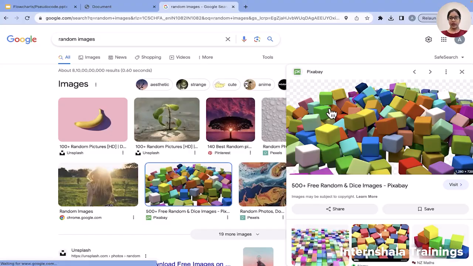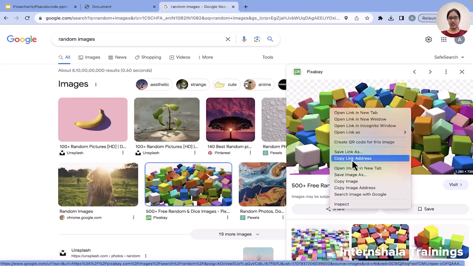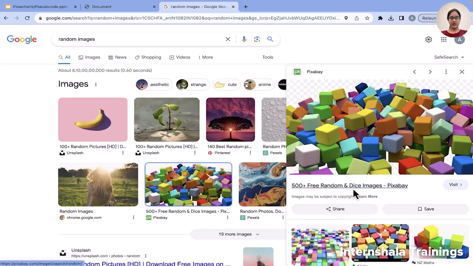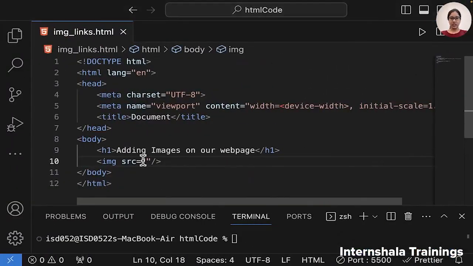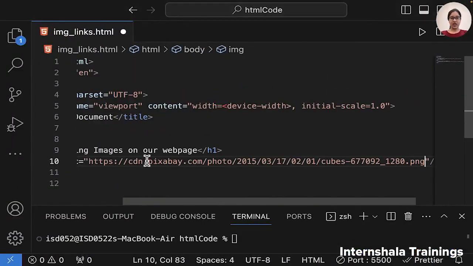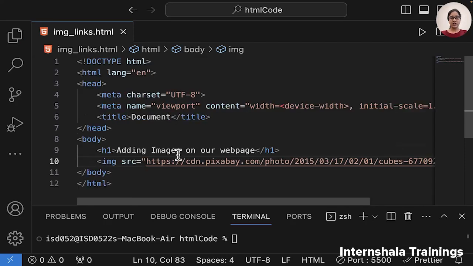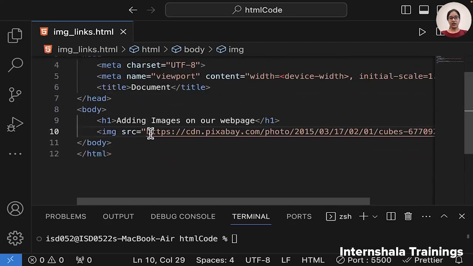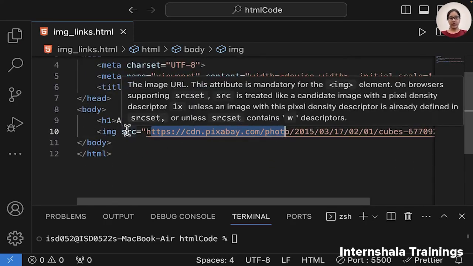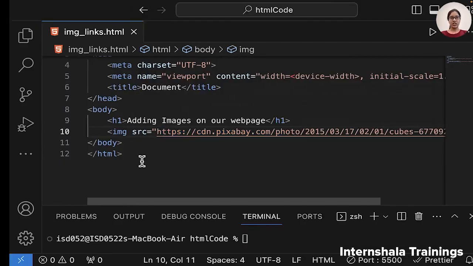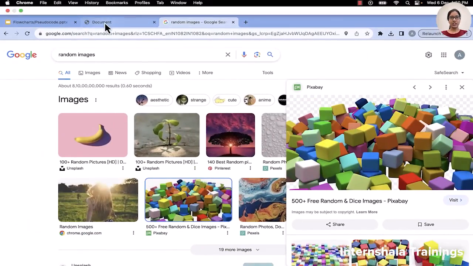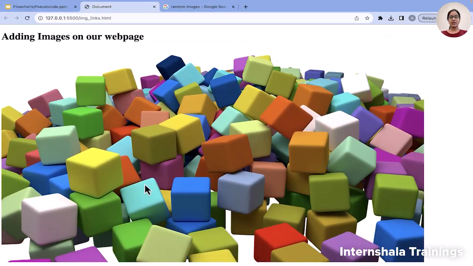Any image you pick, you just right click and choose copy image address. That means you have the address of the image and you can put it here, src equals this. That means you are saying this is the image which I want to render in the web page. Now let's open our web page, and here you see our image has been added.